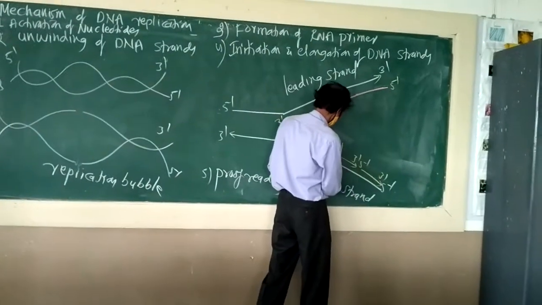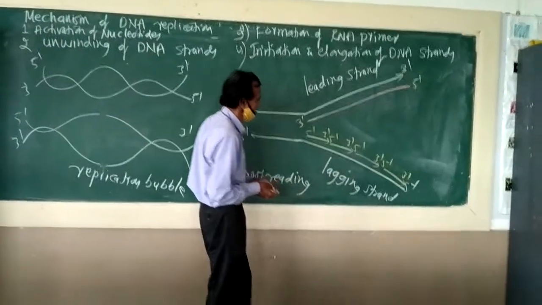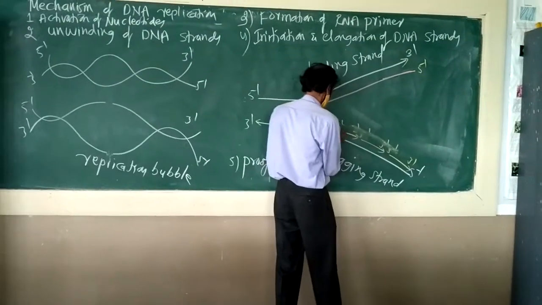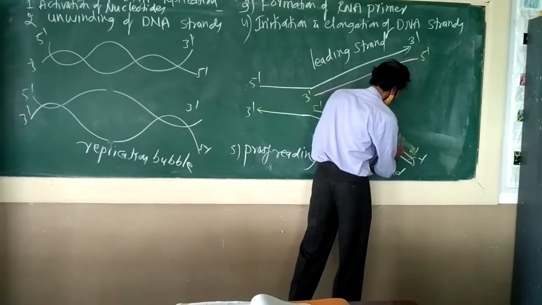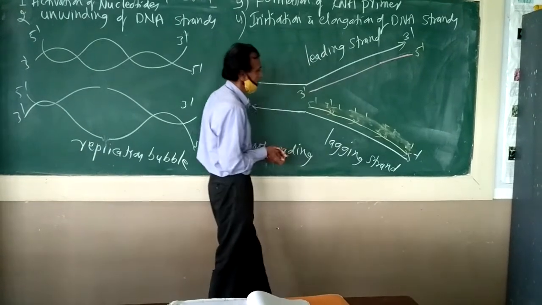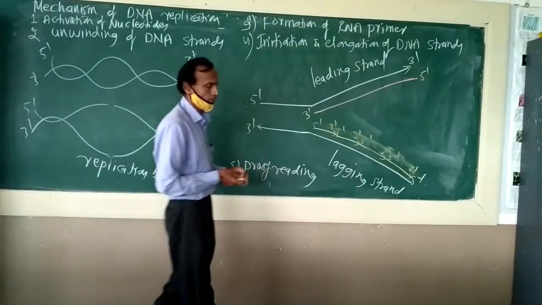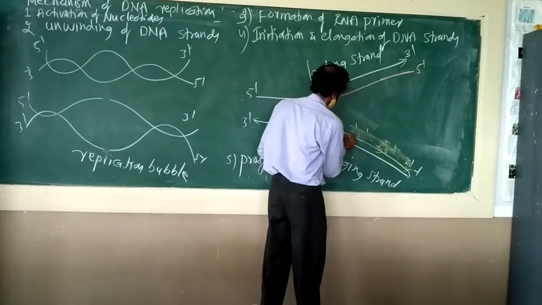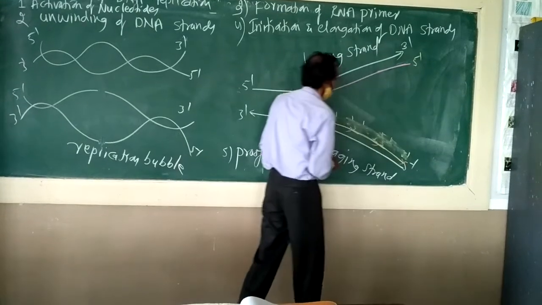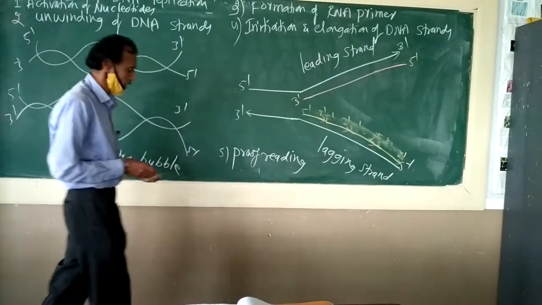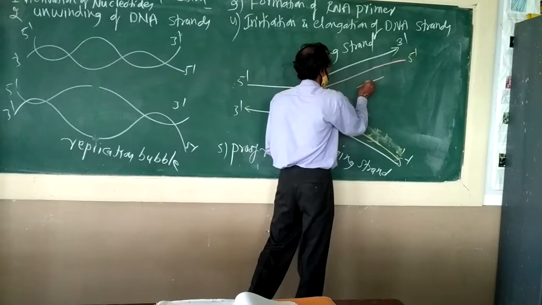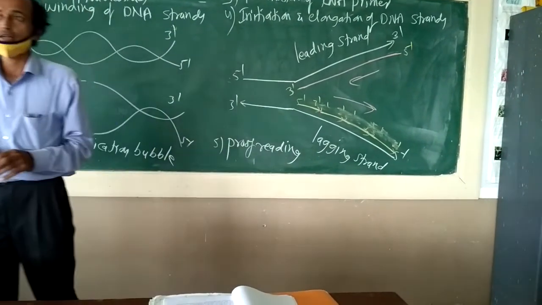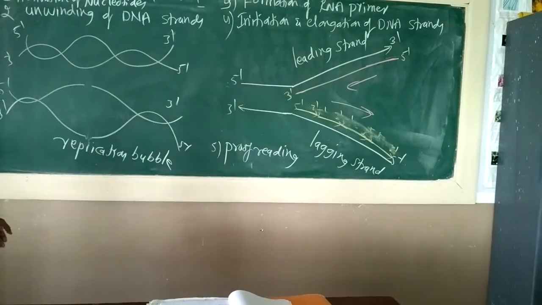Those segments are called Okazaki fragments, and these are joined by the ligase to make it a continuous strand. So at the end, this becomes a continuous strand by joining the fragments of DNA, Okazaki fragments, by the ligase. So DNA replication is semi-continuous and semi-discontinuous and bidirectional. It occurs in two directions. On one side it is in this direction, on the other side it is in the opposite direction. So it is bidirectional and semi-discontinuous. On the leading strand it is continuous, on the lagging strand it is